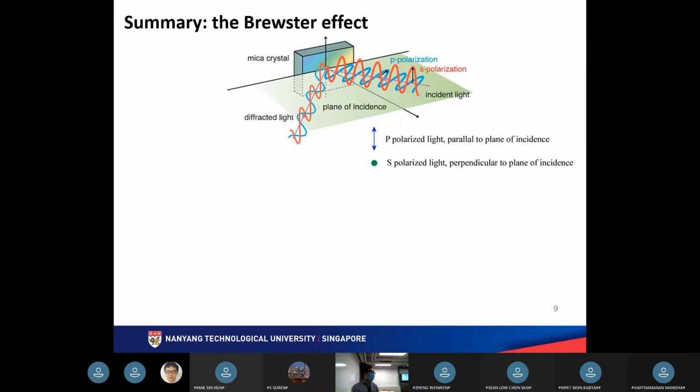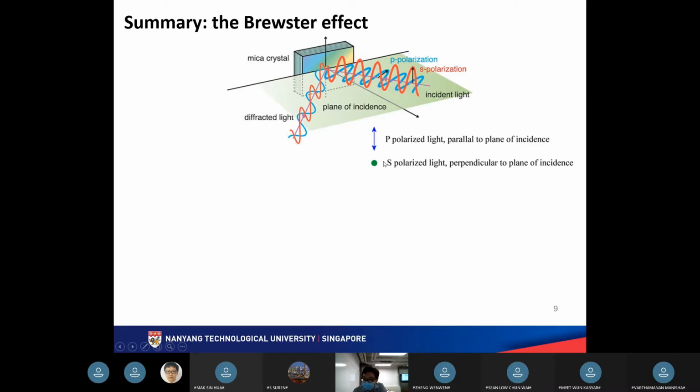Apart from passing light through a polarizer, you can also get polarized light by passing light through, for example, an interface. Suppose here we have a material with a certain refractive index, and unpolarized light is incident upon the material. Here we first have the plane of incidence, which is perpendicular to this interface. Unpolarized light will have electric field either perpendicular or parallel to the plane of incidence. Normally we use dots to denote the electric field perpendicular to the